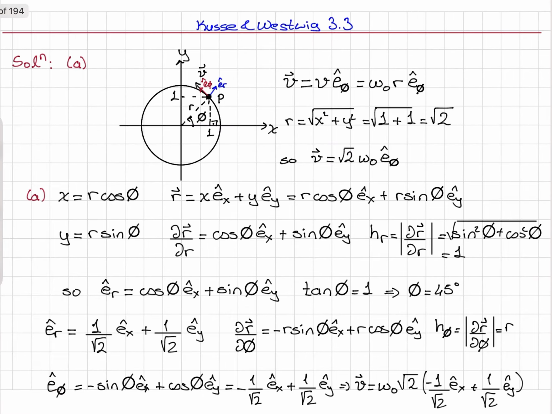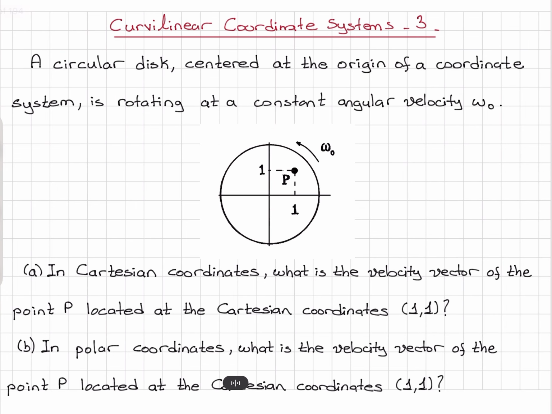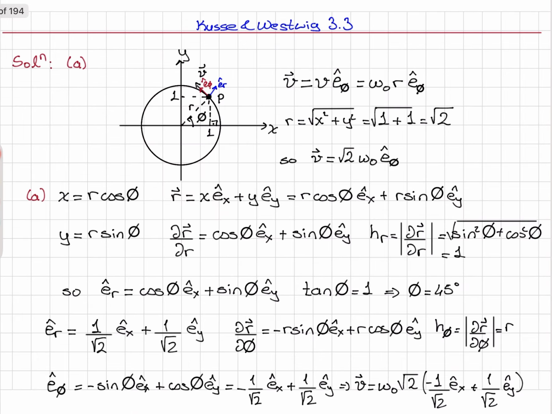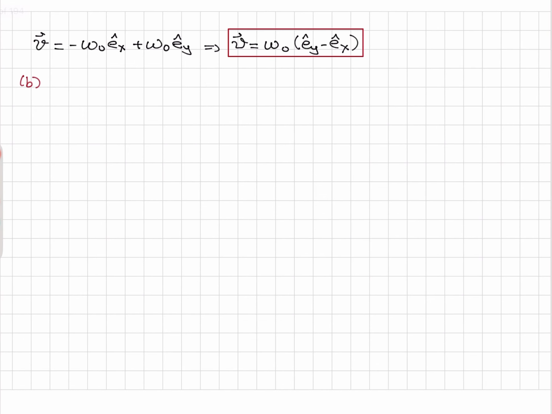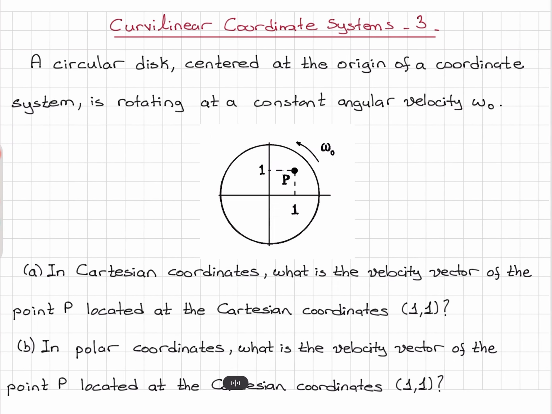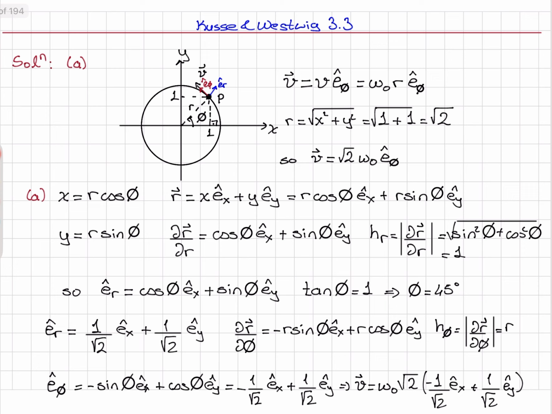So this answers part A of the problem. In Cartesian coordinates, what's the velocity vector? This is the velocity vector written in Cartesian coordinates. Part B was asking in polar coordinates, what is the velocity vector? Well, that we have actually already done here